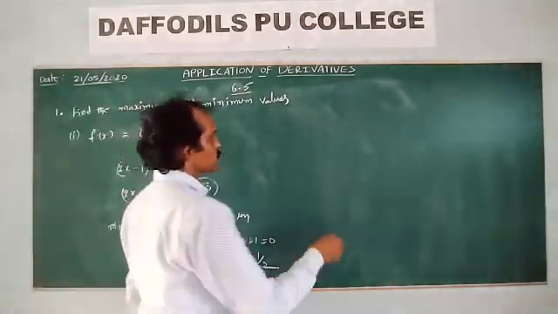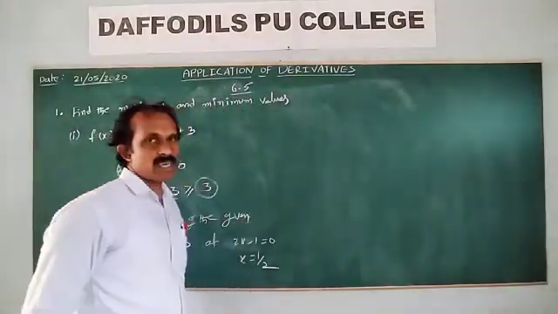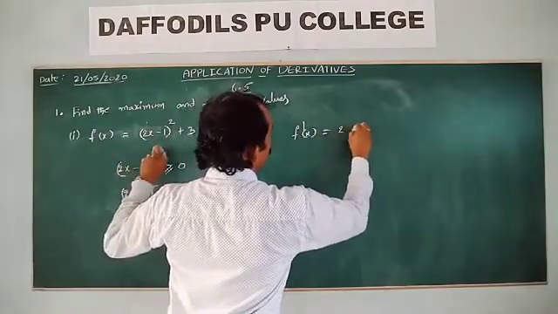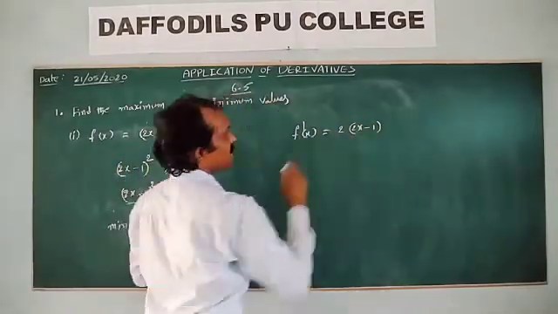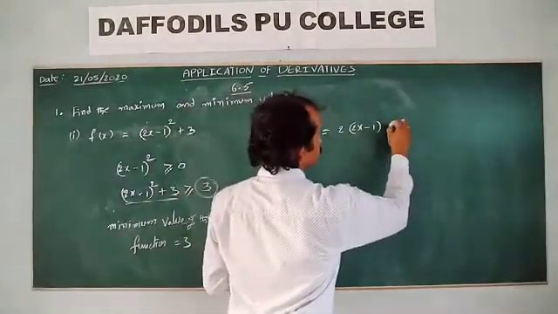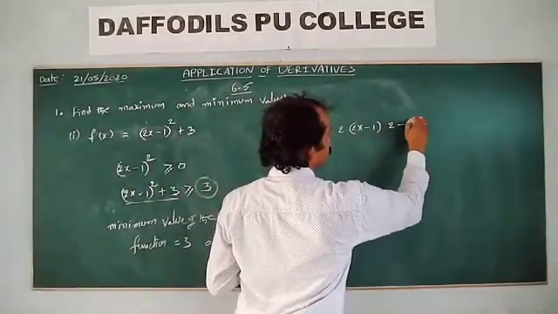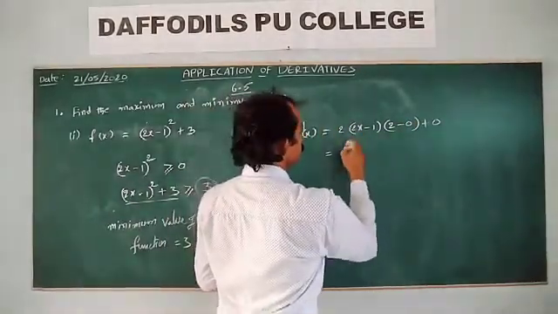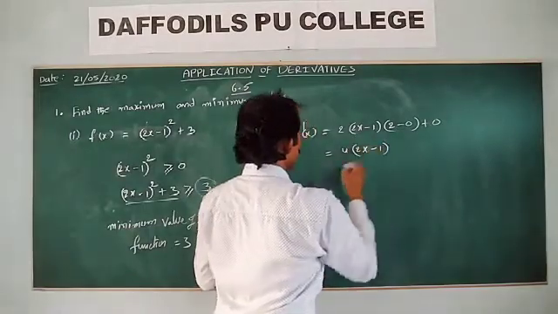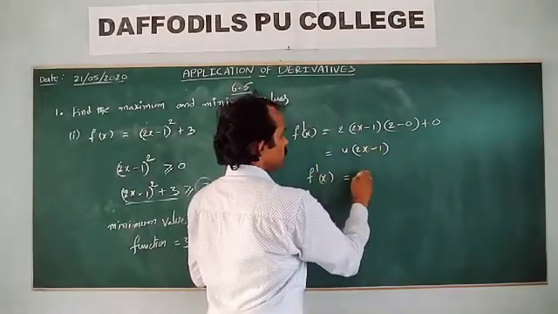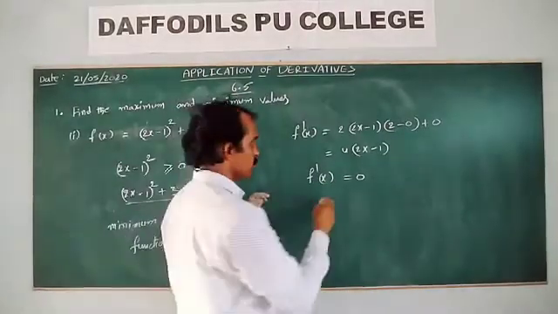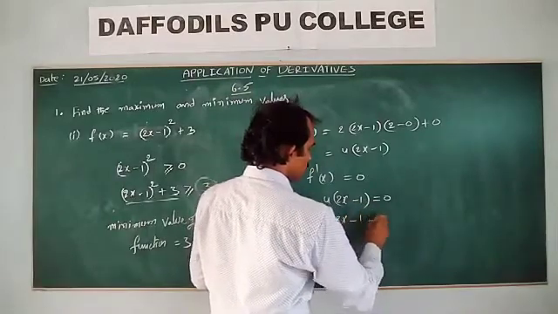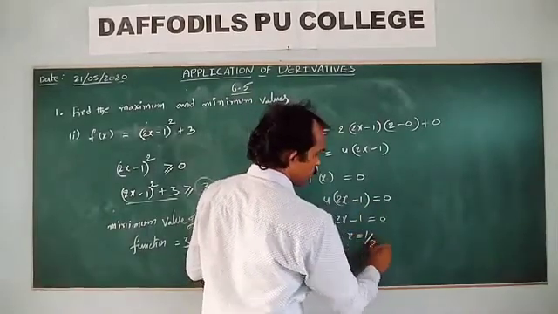Right? Suppose you want to use the derivative test. What is f dash x? f dash x is equal to 2 of 2x minus 1. Again, differentiating: 2x has derivative 2, 1 has derivative 0, plus 3 has derivative 0. So this is 2 into 2, 4, times 2x minus 1. For the critical value, f dash x is equal to 0. So 4 of 2x minus 1 is equal to 0, 2x minus 1 is equal to 0, and x is equal to 1 by 2.